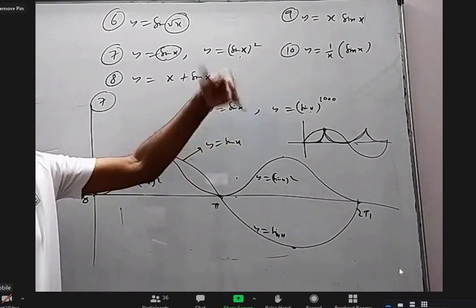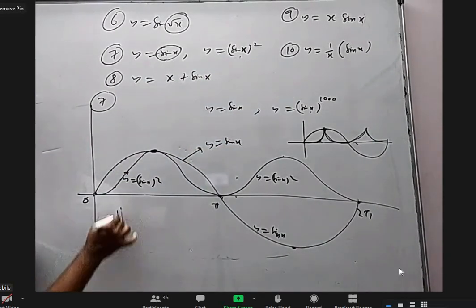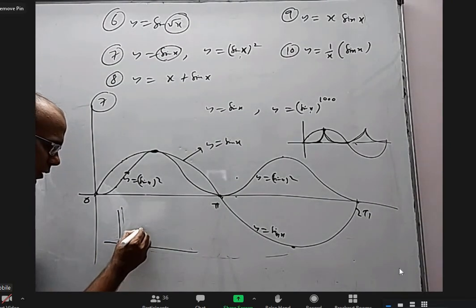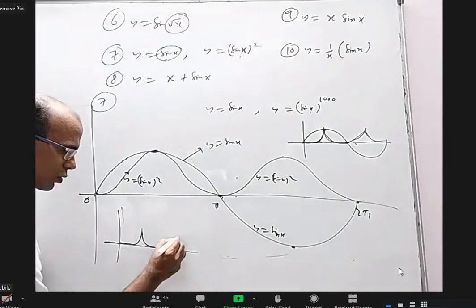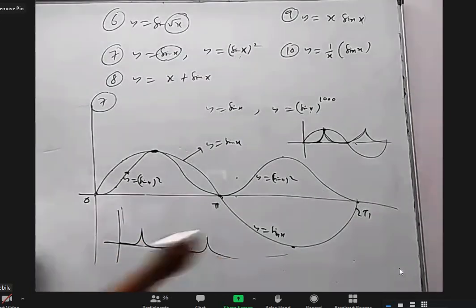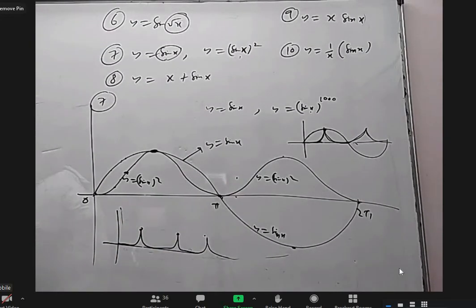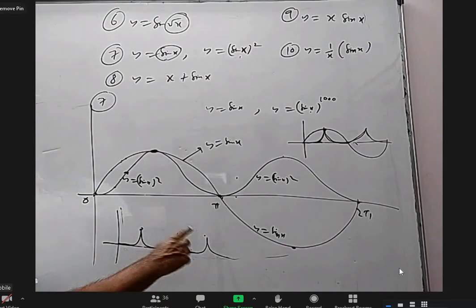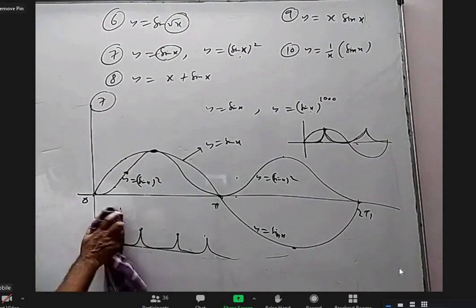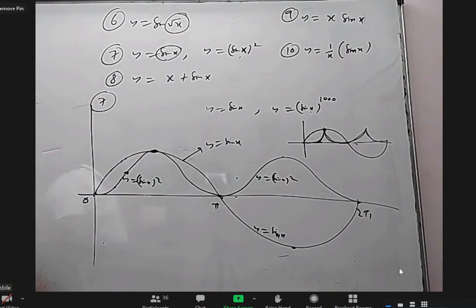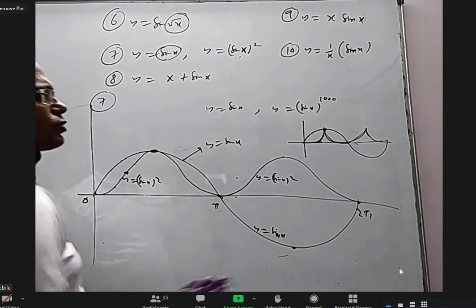If you take sin x power 1 lakh, sin x power 1 crore, what happens? It will be almost 0, suddenly becomes 1, almost 0, suddenly becomes 1, like this. But you cannot avoid this point. 1 power anything is 1 only, right? The highest point is 1 only, and it will become more and more sharp, like a spike. All other points are very, very close to the x-axis. Only near 90 degrees it will reach 1, and near 270 degrees it will reach.